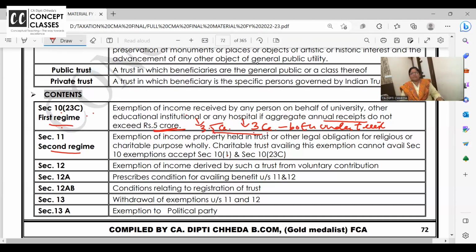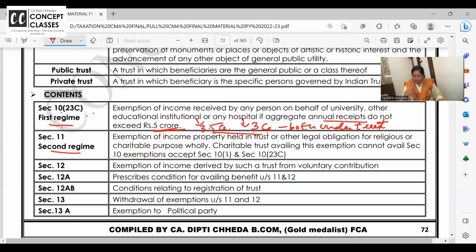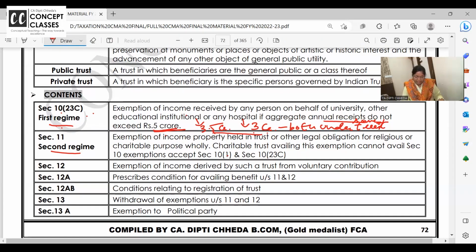They are not eligible for exemption. Can you please write this example? It's very nice in case they ask you. Both under same trust. Let's go ahead.